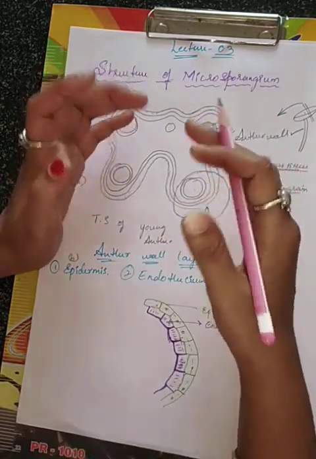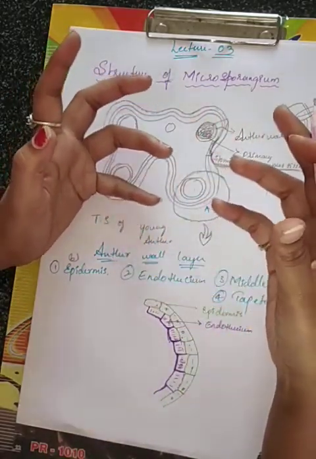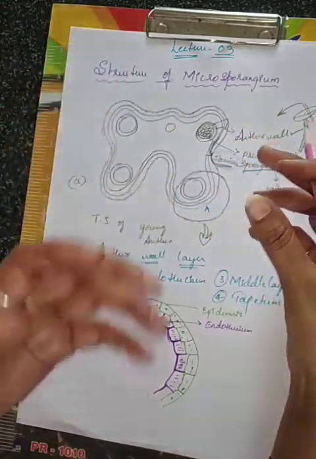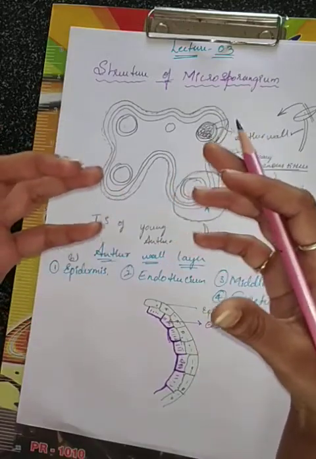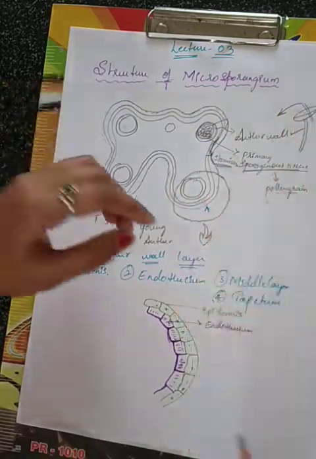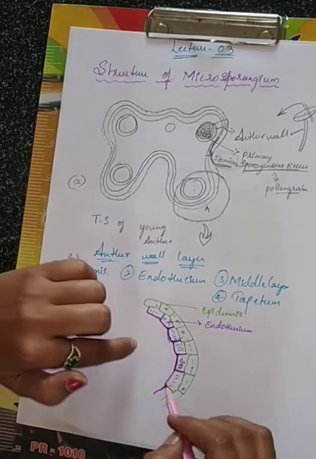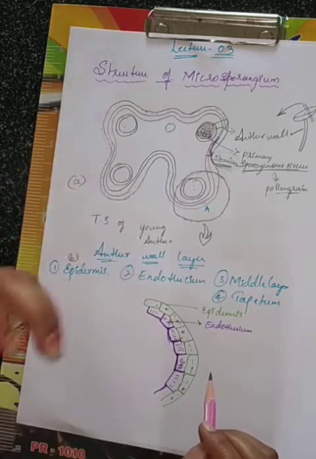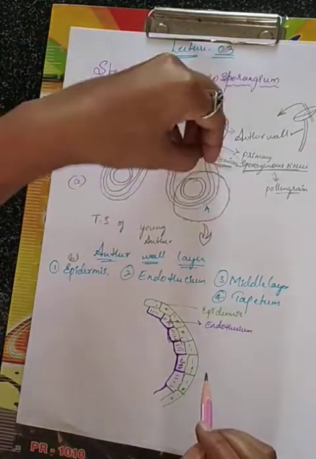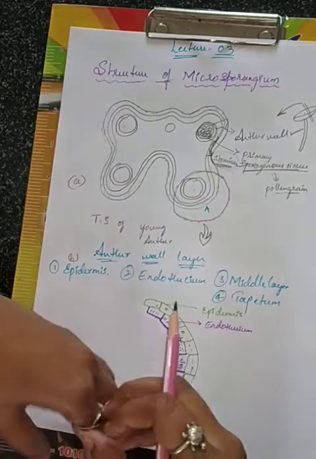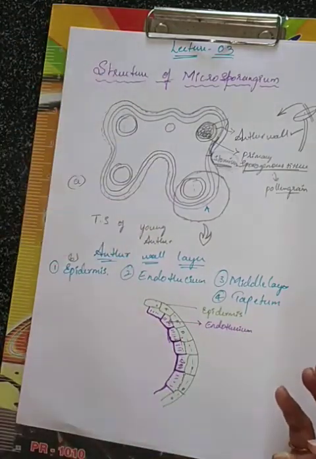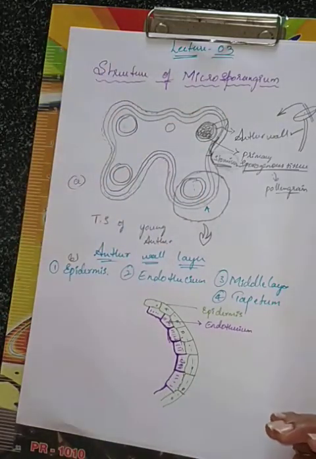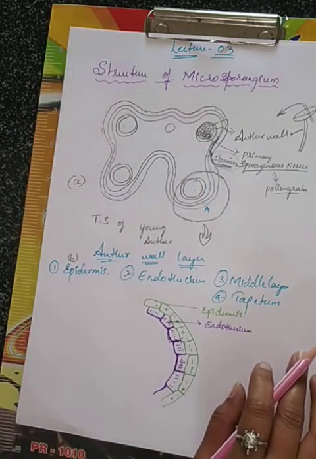Once this anther is matured, whatever water vapor or moisture the air has will be absorbed by this endothecium. When that is absorbed, the water pressure in the anther will be more. Due to that water pressure, the anther will split. That will be helpful for dehiscence. When that happens, the produced pollen grains will be released very soon. That thing you will learn in a later session.